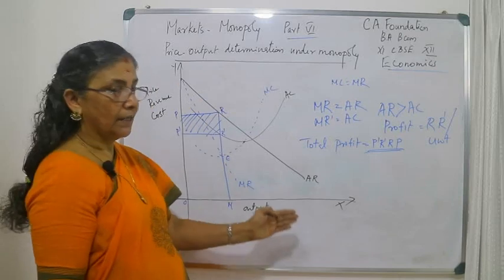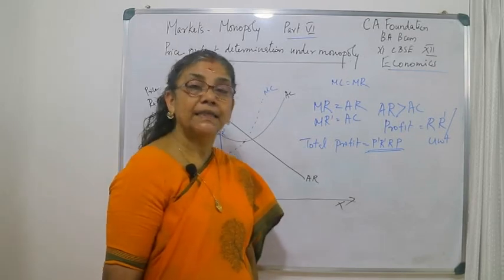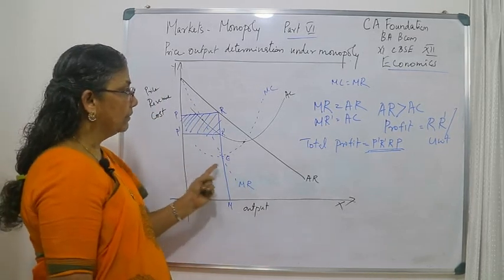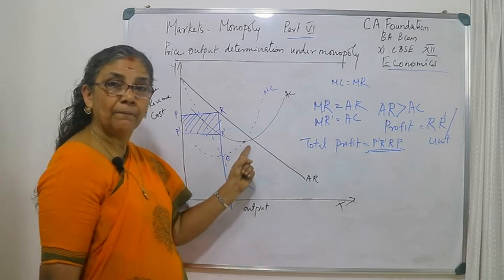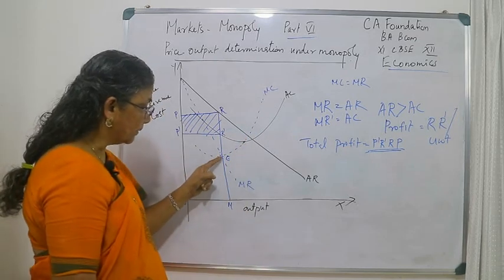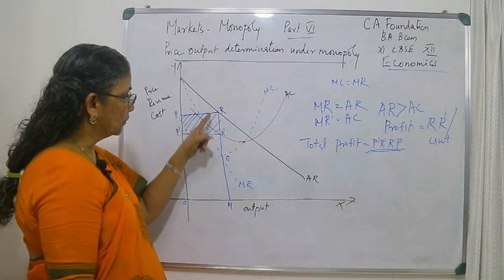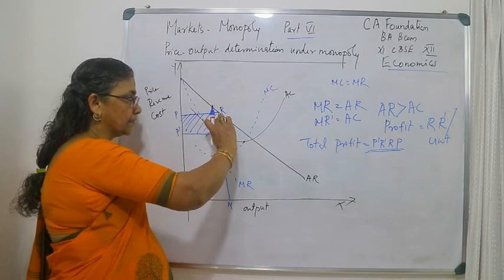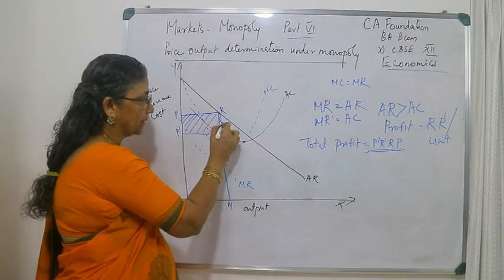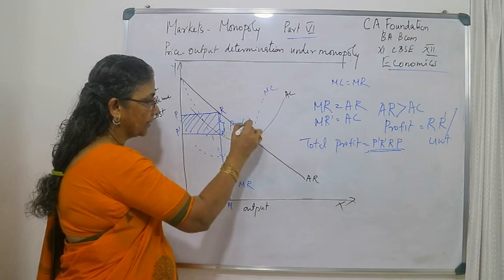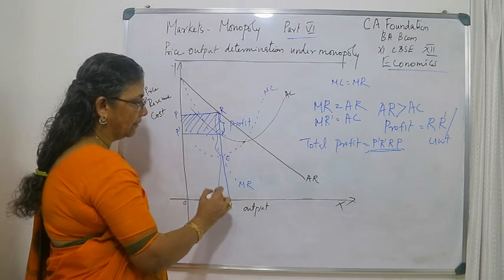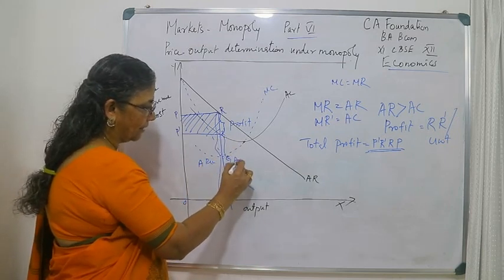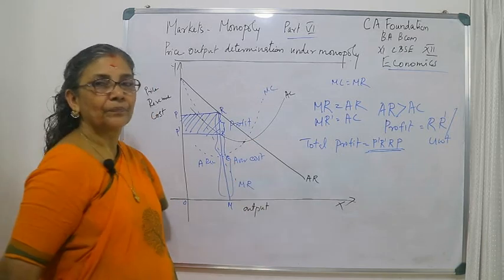So draw the average revenue line sloping downwards from left to right, the MR line sloping downwards from left to right, then the MC curve crossing the minimum point of the AC curve, and find the equilibrium at E. It is very simple to draw. Through that, draw the line. This is the average revenue, this is the average cost, and this much is the profit per unit.